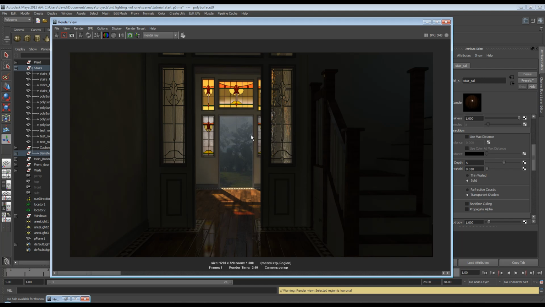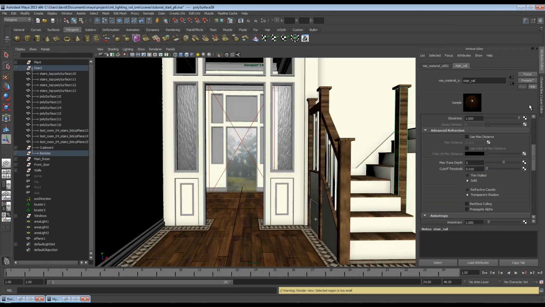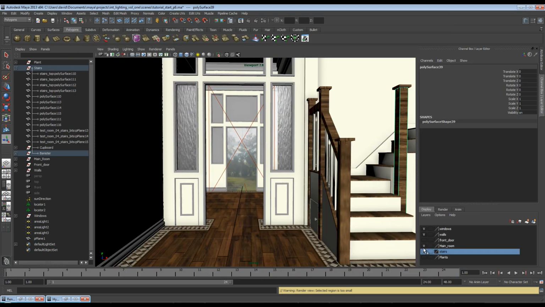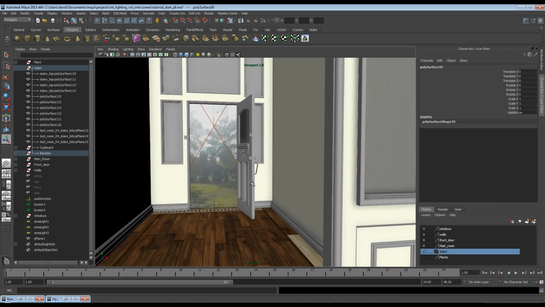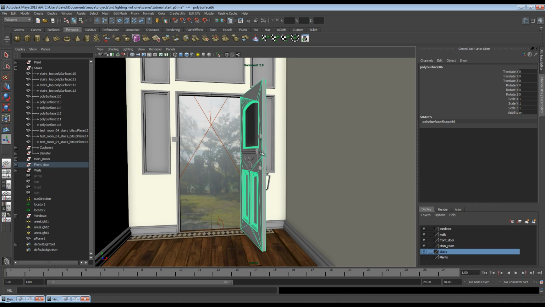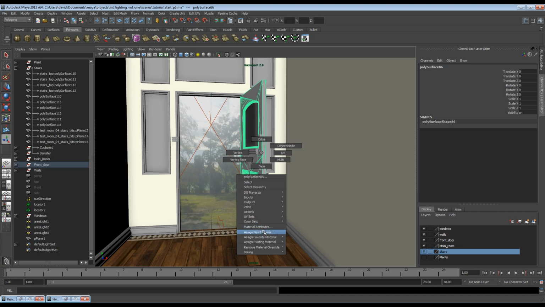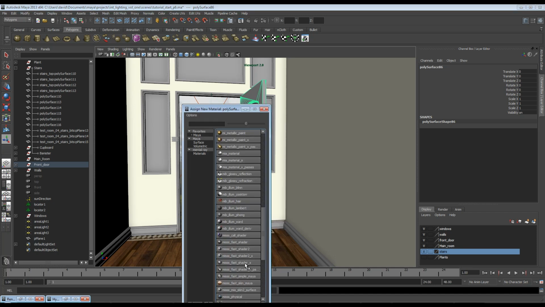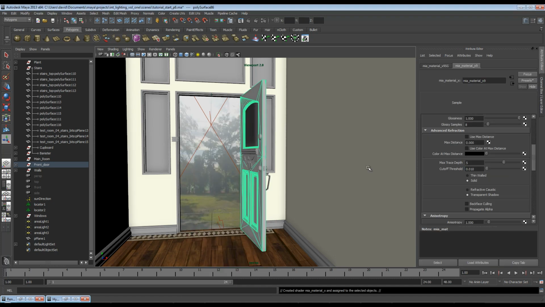One of the other things I want to do is now shade this trim and bring the door back. So I'm going to just bring the door back by turning it on. Front door, there we go. And I'm going to create a different material for the door. So, assign a new material. And there we go. And I'm going to create a kind of gloss paint, so I'm going to go for